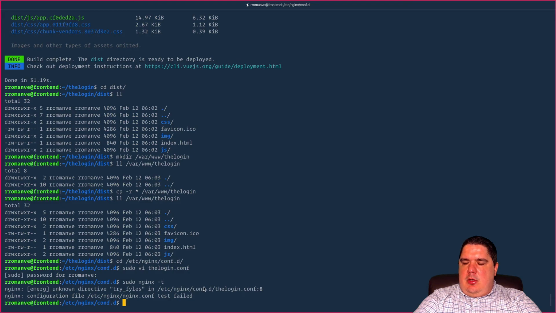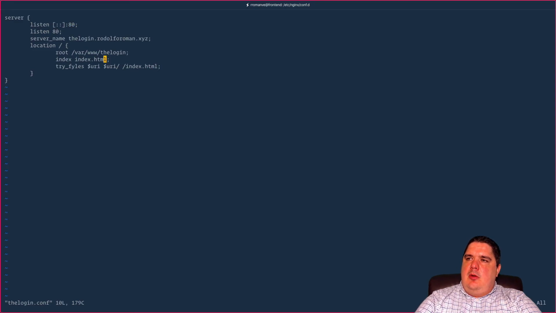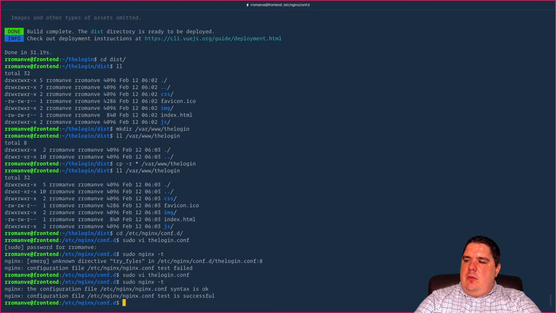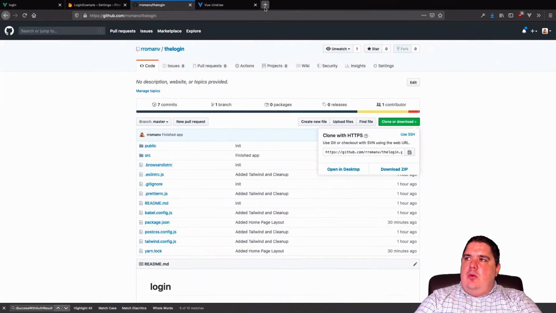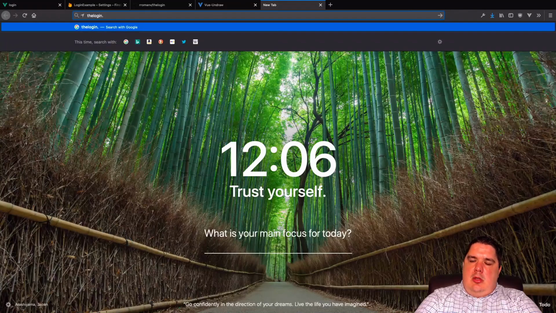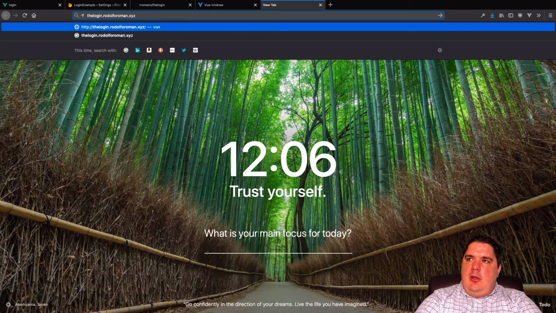I have an issue here. Yeah, try_files is not with a Y, it's actually with the traditional I. I don't know why it pulled up that way. So let me change my configuration, and this one is going to be try_files. So let me save and exit. My configuration is tested, it's okay. Sudo nginx -s reload, and I can go to login.roman.xyz